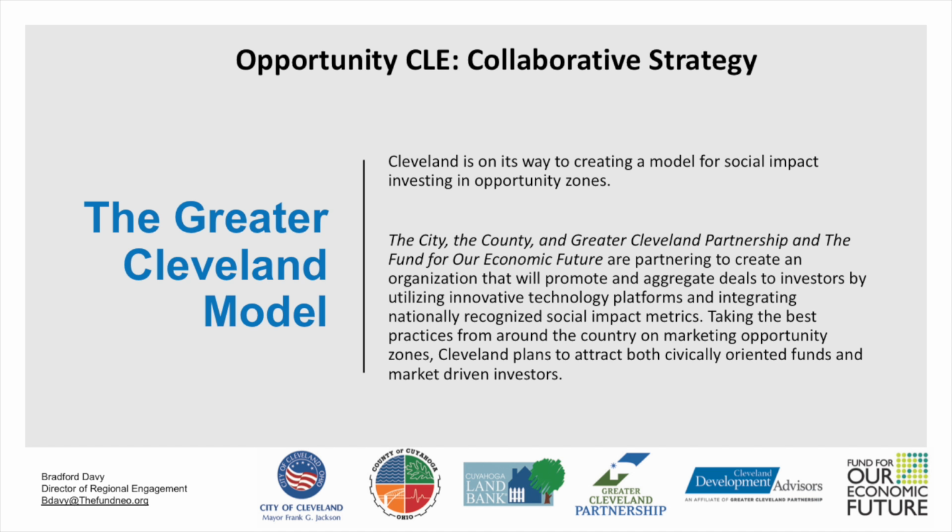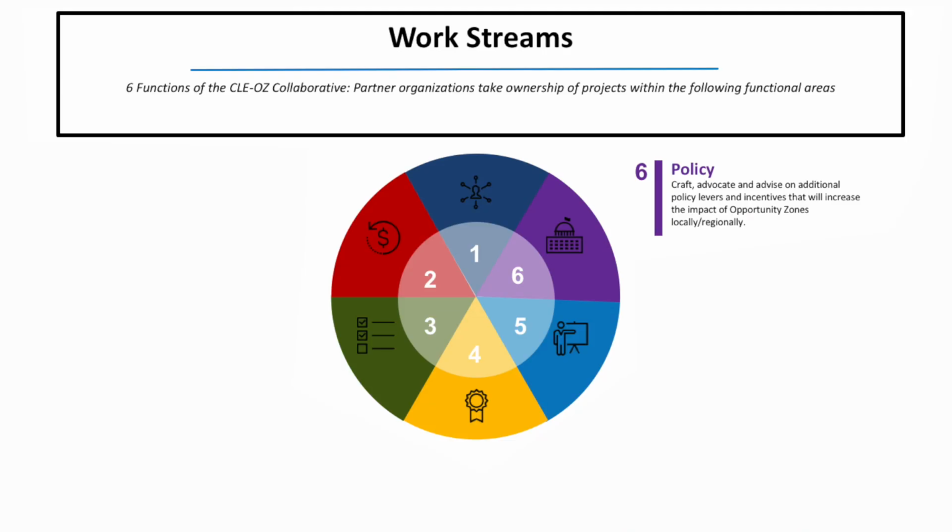And so this team has been working for about a year, starting with helping to make the recommendations on the census tracts that were ultimately chosen, but working on a number of different things. I'll start, sort of clockwise, with policy. Again, there's a lot of policy that we're trying to create around how we attract opportunity zone investors to